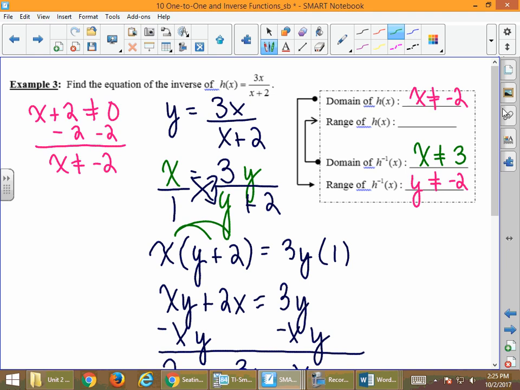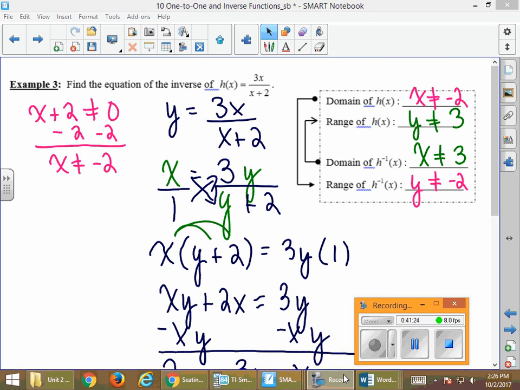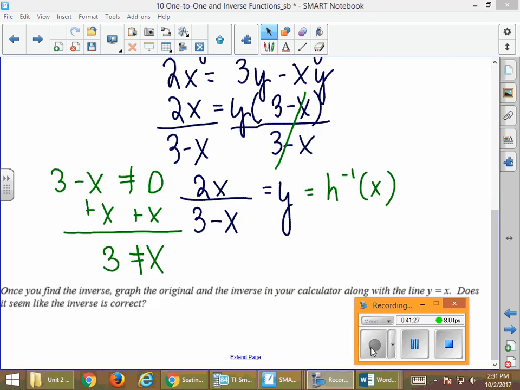But look at the graphics here. The domain of the inverse goes back to the range. Remember that range is represented by y. And y doesn't equal 3. Well, look at it